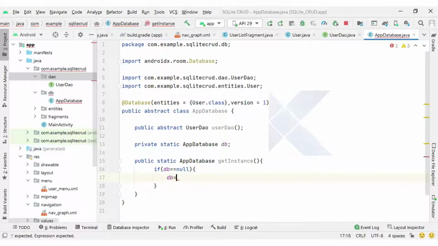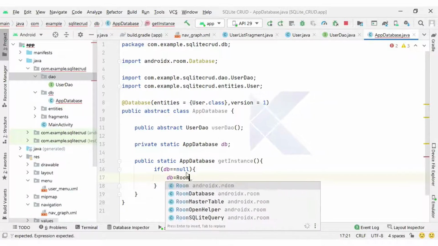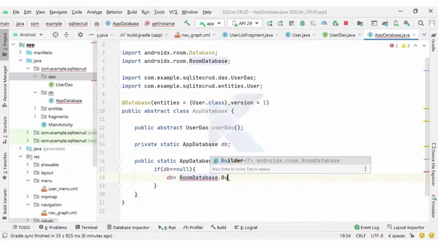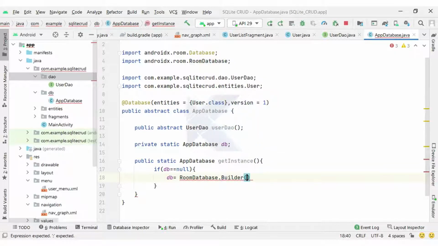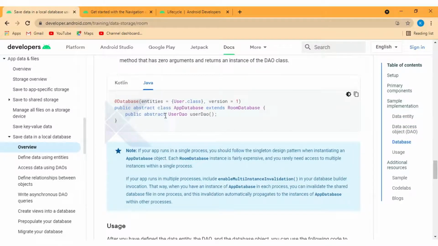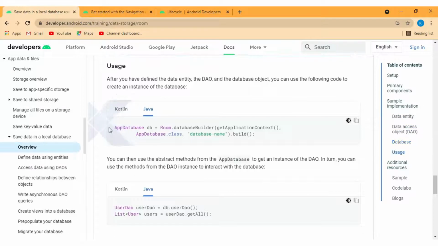For that we can use Room.databaseBuilder, and inside the builder we can pass the context here. If you are not aware of this syntax, you can see here Google has given all the details on how to create the instance.